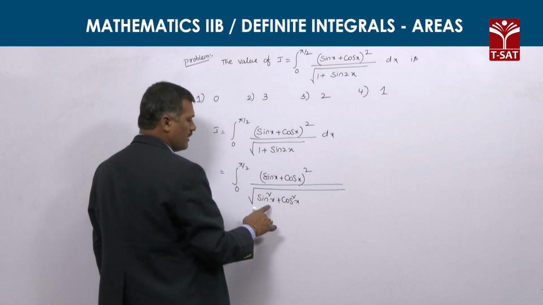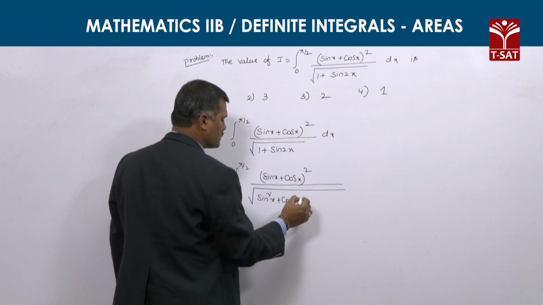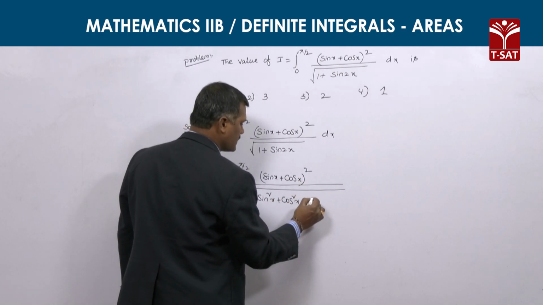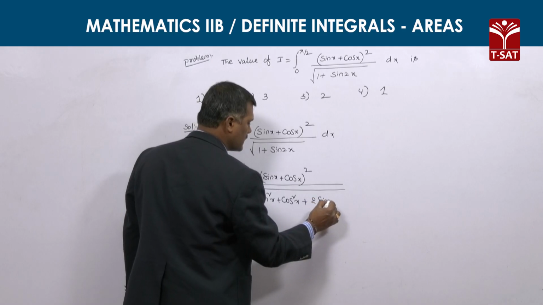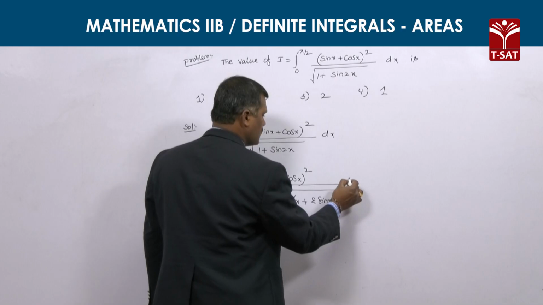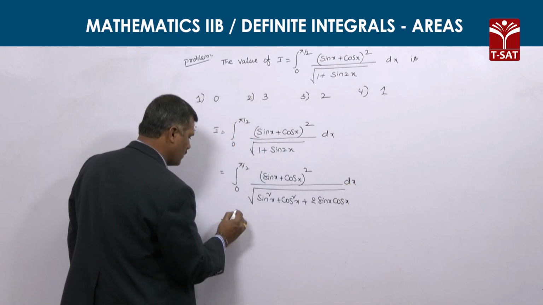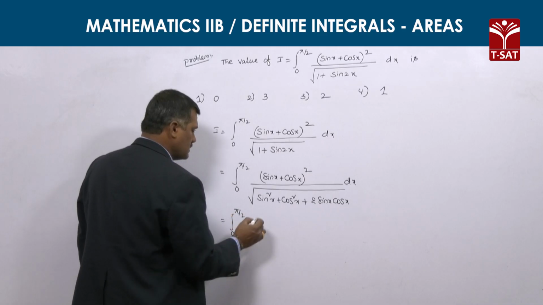Trigonometric identity: sin square x plus cos square x is equal to 1, and sin 2x can be written as 2 sin x cos x. Sin 2x formula 2 sin x cos x, that is equal to integral from 0 to pi by 2 of